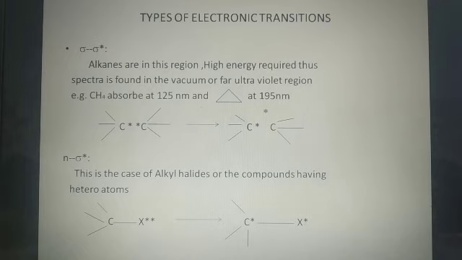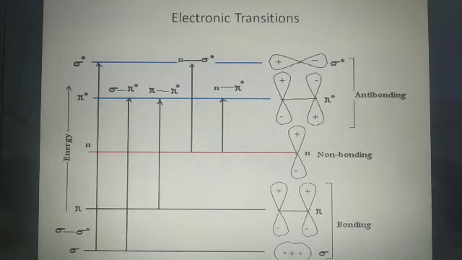What is the gap between the two levels? That is going to suggest how much energy is needed for the excitation. As in this diagram, you know there is a maximum gap between the sigma and sigma star, meaning more energy is needed. More energy needed means we are moving toward the far ultraviolet region or lesser wavelength. The radiation of lesser wavelength is utilized. Then we see here